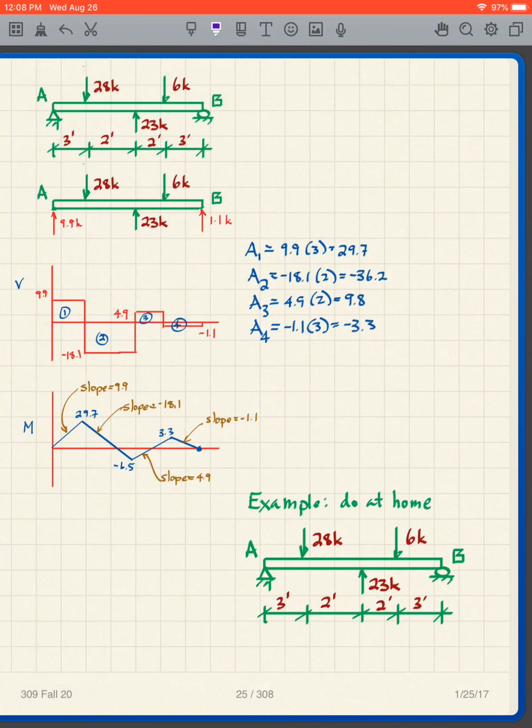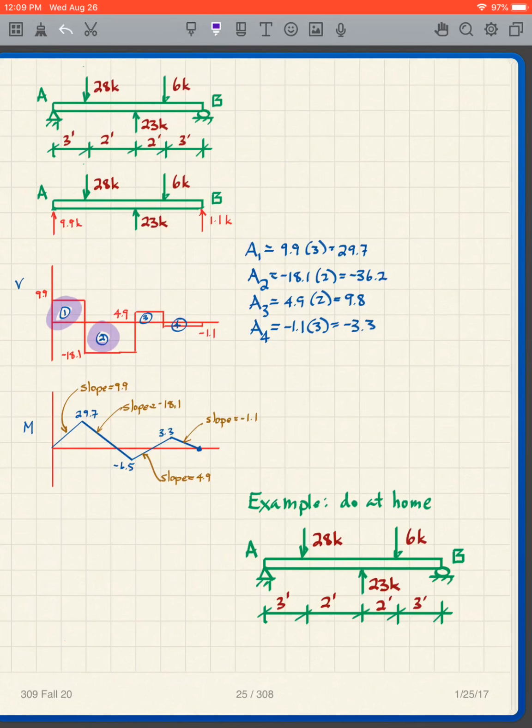Another one, I'll just do this real quickly. We have the reactions. And I go up 9.9, over, down 28, over, up 23, over, down 6, over, up 1.1. Again, start at 0, end at 0. I'll let you add those up. Then I break it into areas, area 1, area 2, area 3, area 4. You can pause the video and see that those are the